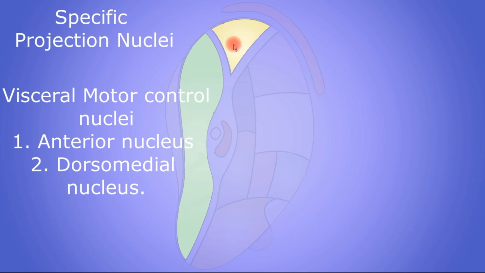The anterior nucleus is a part of Papez circuit, which is responsible for the emotional response, and the dorsomedial nucleus is involved in thinking, perception, or the programming aspect of the intellect.